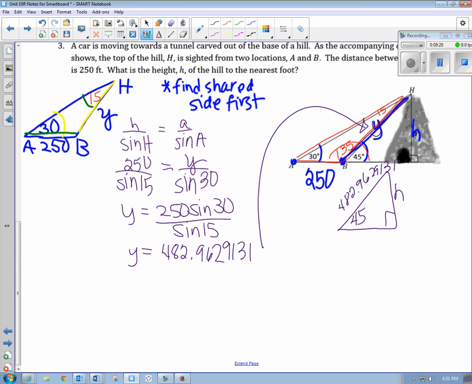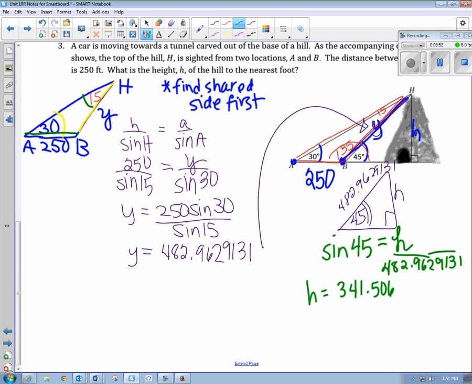So now that we're here in a right triangle, I can use SOHCAHTOA trig. So I'm going to go back now, and I'm going to do the sine of 45 equals opposite over the hypotenuse, 482.9629131. Cross multiply and solve, and I get H is equal to